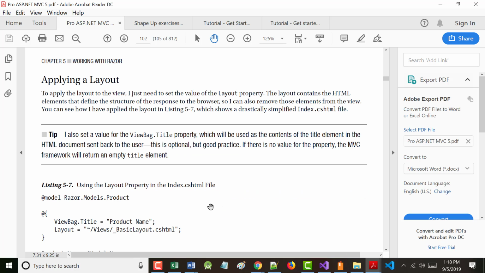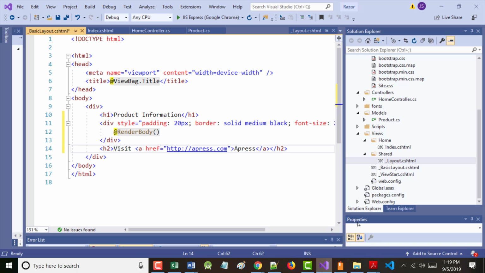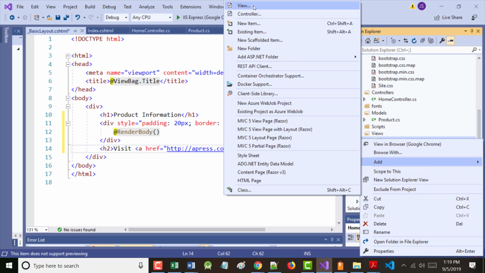So it says here, what do we want to do to apply a layout? And I want you to understand, there's actually two different ways that we can do this. I'm going to show you something, if you look on the screen, that'll be a little later in the chapter, but we haven't talked about yet. So before we do this, look up on the screen here. Let's pretend that the next thing we were asked to do was to create another view inside of here. We could either right mouse click again in our controller, or we could just click here and choose Add and choose View.